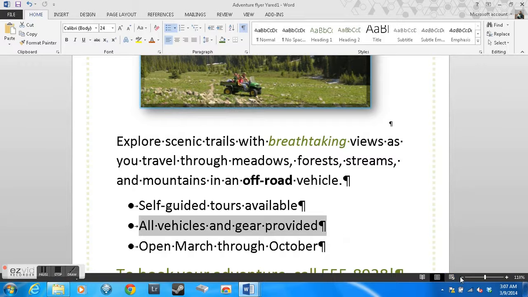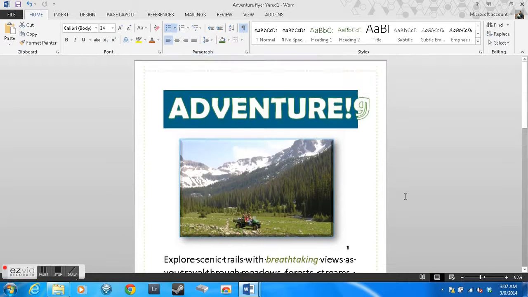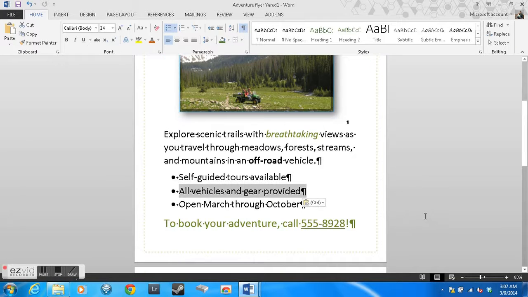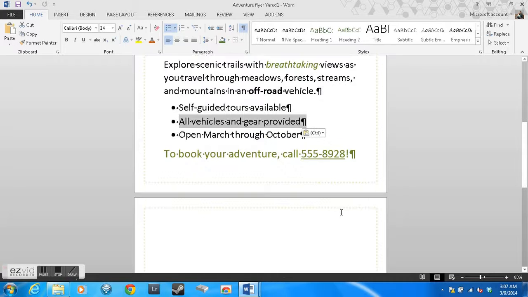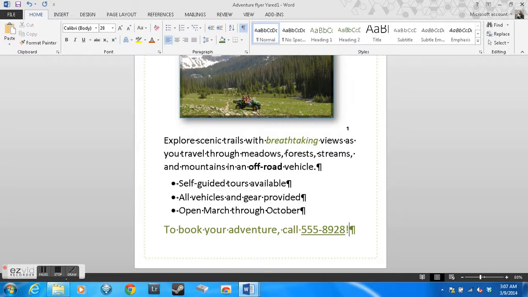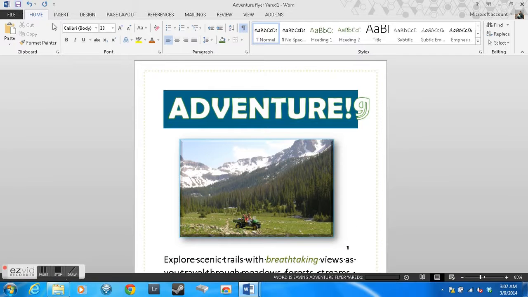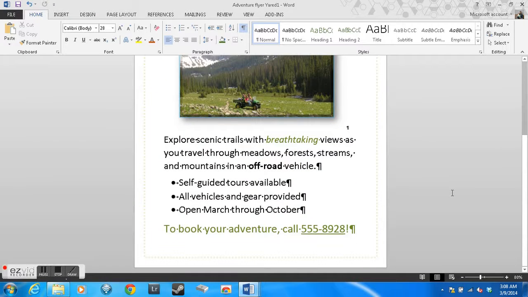And that will be it for this chapter. You have successfully created a Microsoft Office 2013 flyer, and you completed chapter 1. So hit that save button. You might have 2 pages right down here, so you can hit backspace on that once and it will trim it down to 1 page, and then hit save again. So that is it for chapter 1. Good job, and I will see you in the next one in chapter